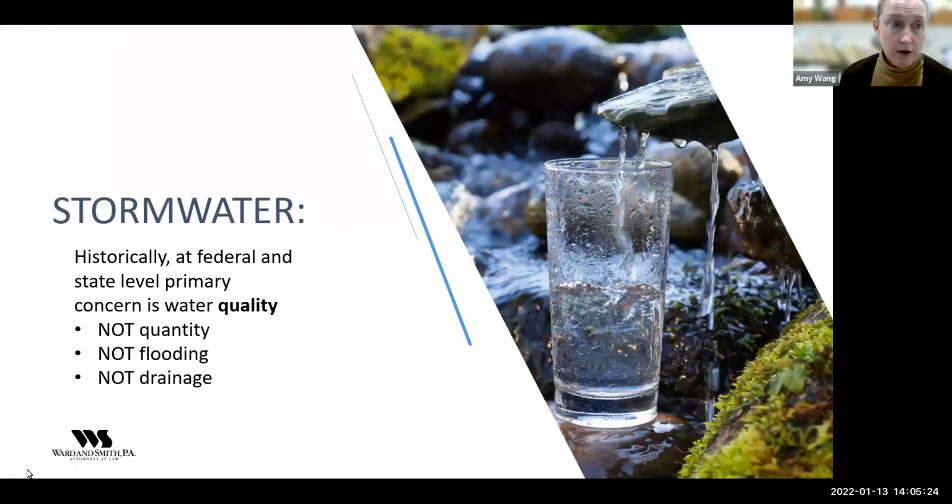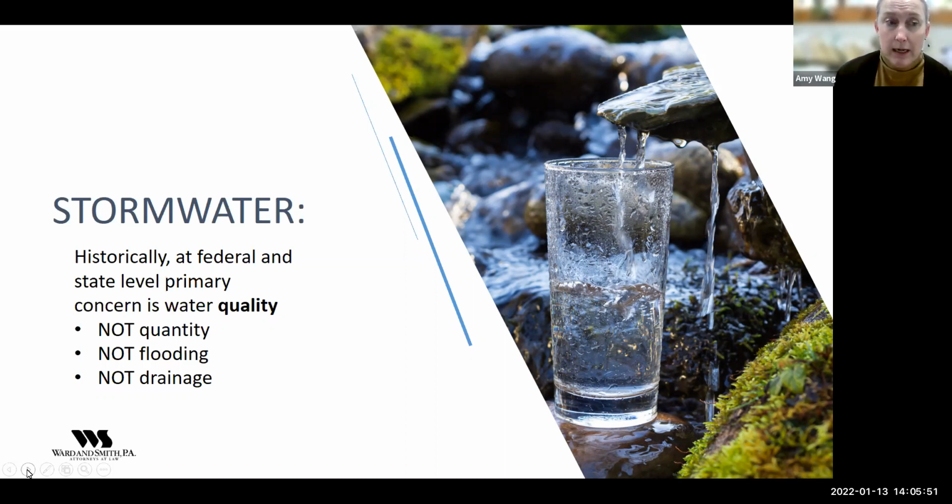Stormwater, on the other hand, has a different impact on the community, and the regulatory schemes have a different purpose. So although stormwater looks similar to drainage in that most often it's generated by a rain event, and that rain event creates surface water flow, the regulation of stormwater has a different goal.